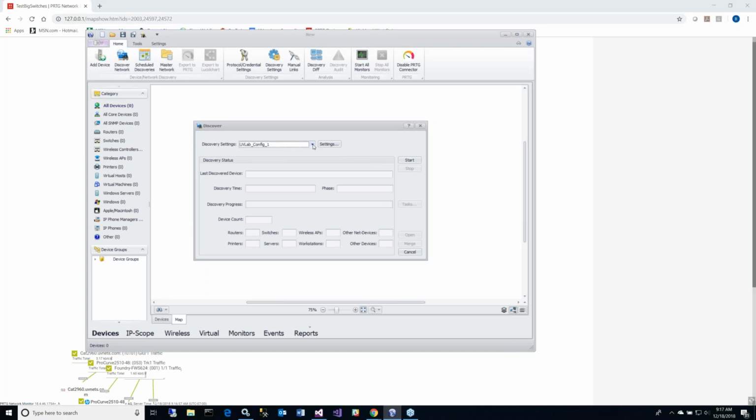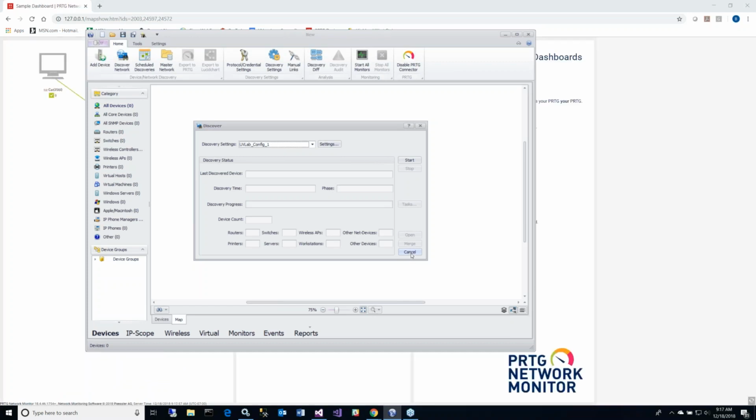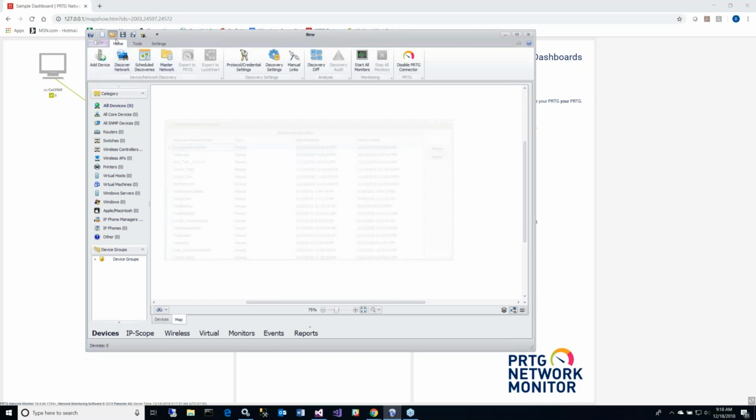Once this discovery is started, it will run for whatever time it needs to finish that discovery. We really do pride ourselves on the idea that we are one of the fastest, if not the fastest, discovery options out there, depending on how deep in the technology you want to go. But we are very focused on determining the topology of the network, and we're going to talk to the devices in a way that we can gather that information. Once we're done with the discovery, we can